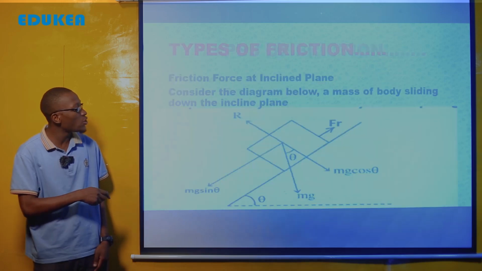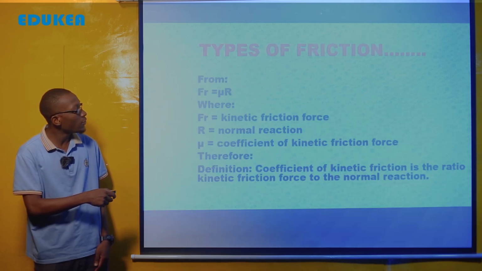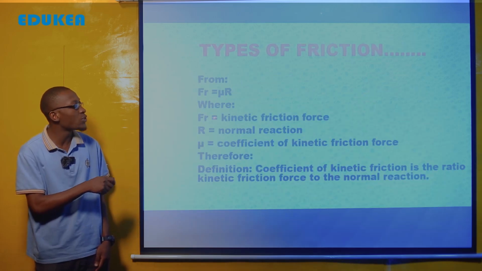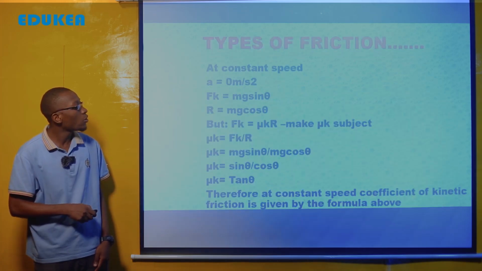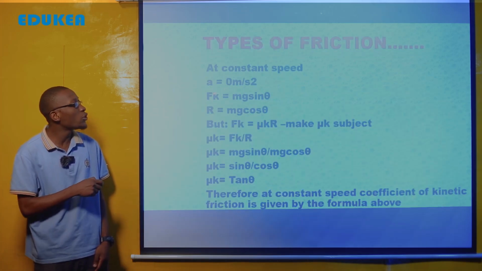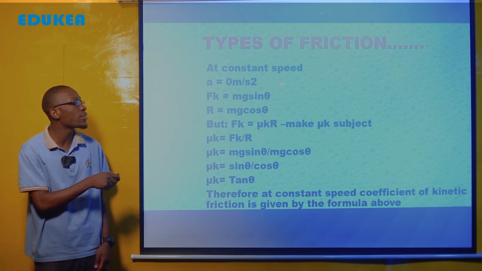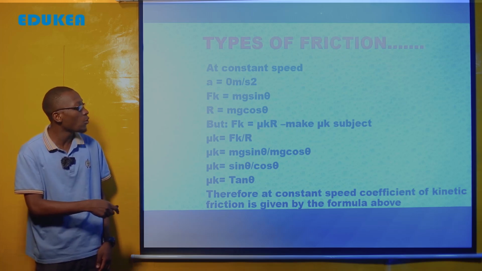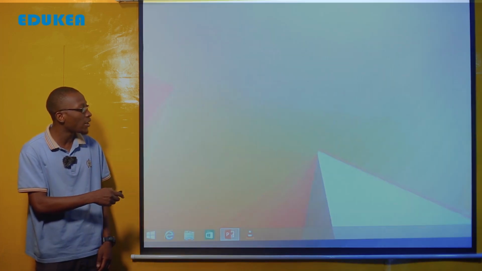This Fk is similar to Fr, which is the kinetic frictional force. So Fk, the kinetic frictional force, is equal to mg sin theta. As we see here on this diagram, we say that Fr